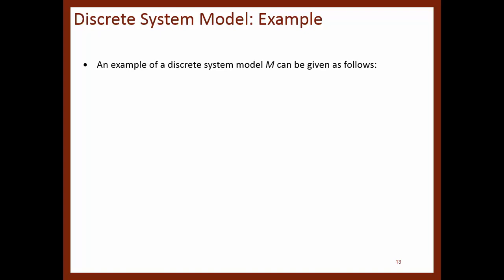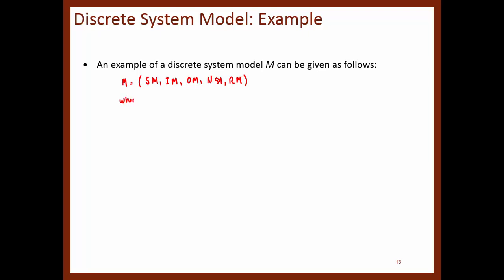I'm going to call this model M. It's going to be modeled using the following sets. So we have the state set, the input set, the output set, the state transition function, and the readout function for our model,